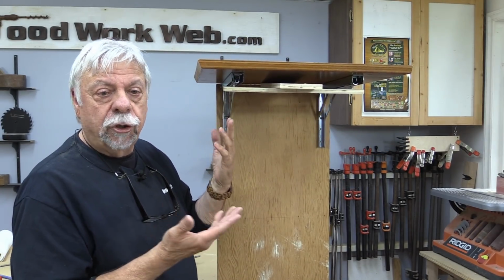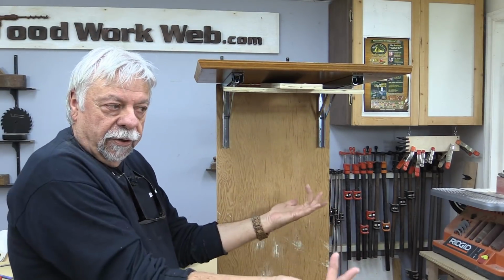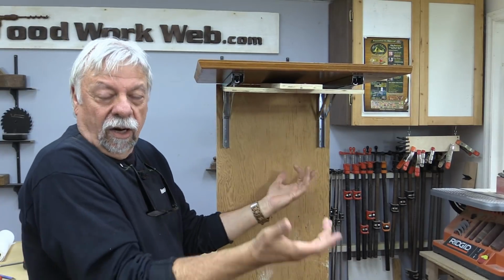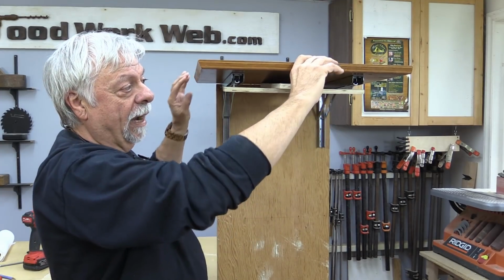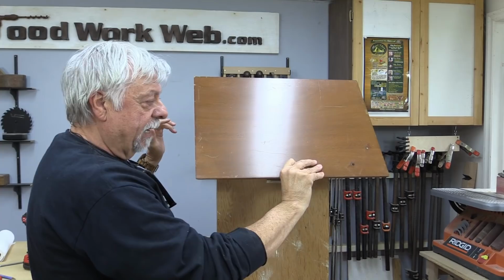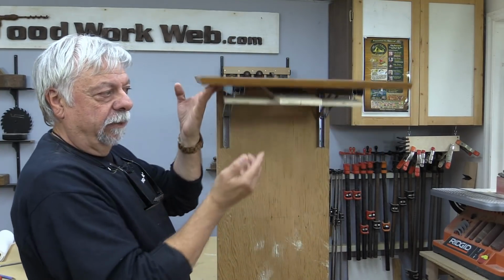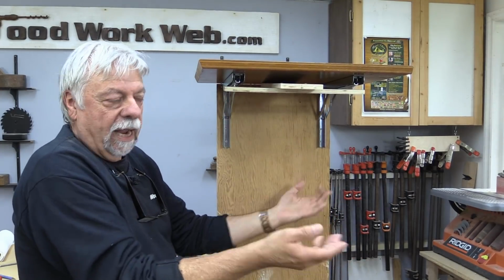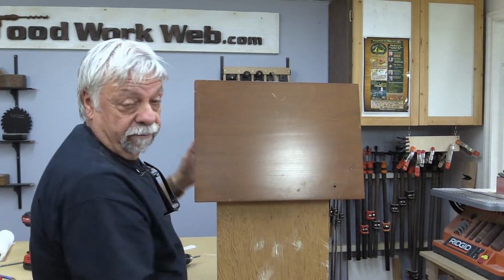But when it comes to releasing it, because it's so far under and I have to reach under and push these two little tabs here up, it's a little hard to get at. So the purpose of this is to be able to grab this like that, lift it up, hold that like that, and then you'll be able to go all the way down without having to crawl underneath it, because otherwise I've got to reach way under and find these little tabs. This way you could just stand at the back of the table and just flip that up and it's done,